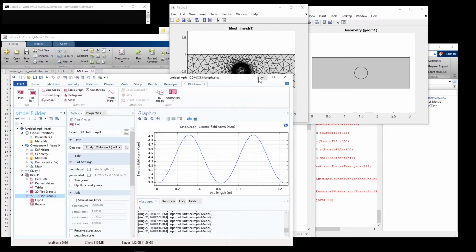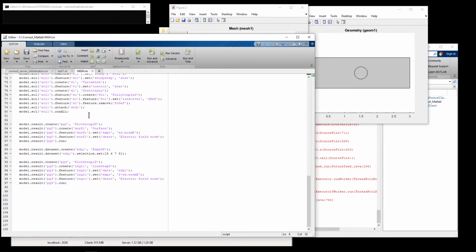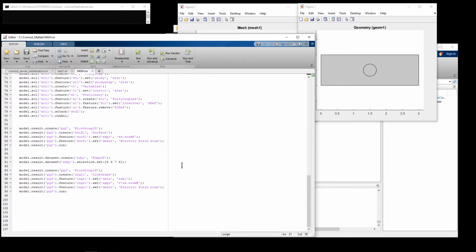All right. So now we have the model, but you notice that this line graph, we have it in COMSOL. I do not have directly access to that line graph here in the MATLAB code. Now I'm going to show you how to extract the data of that 1D line graph here in MATLAB. But before that, I want to show you how to plot 2D surface plot and also 1D graph here in MATLAB. To do so, we have to use this command, which is basically